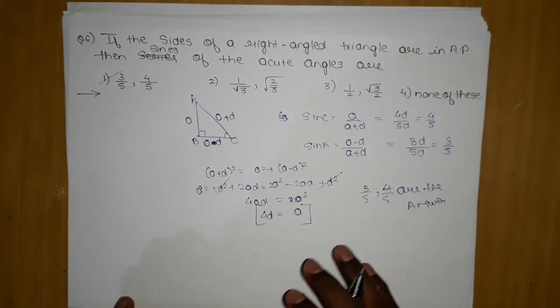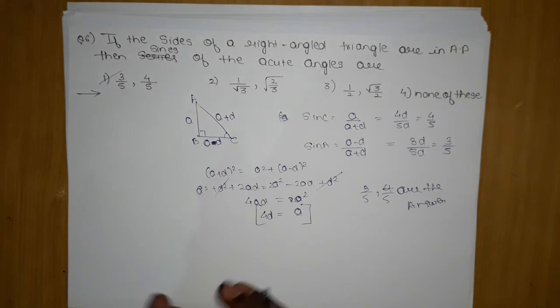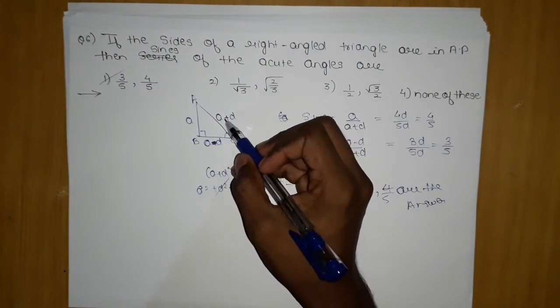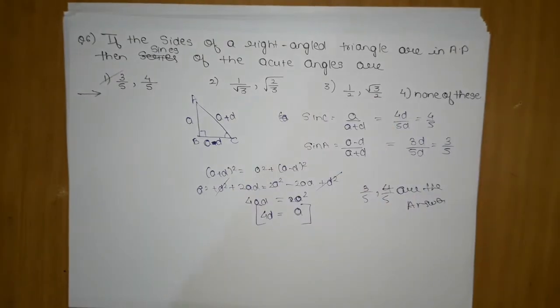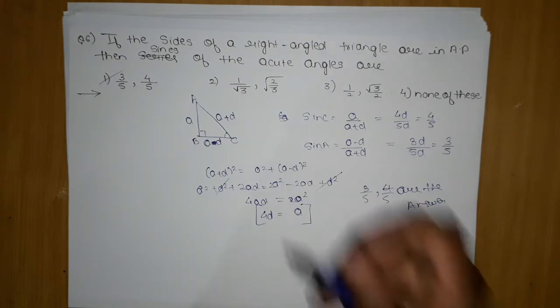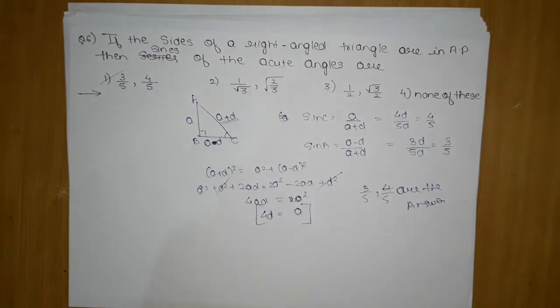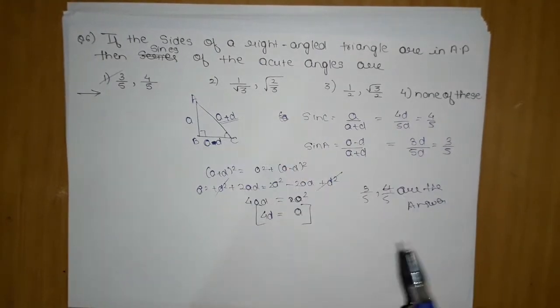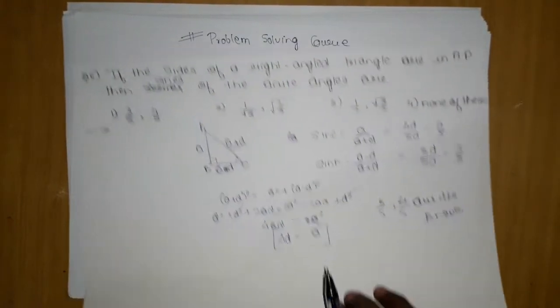Hope you have understood applying Pythagoras. Now one more thing, never take it negative. If you remember, the Pythagoras theorem holds when the hypotenuse is bigger, so never consider the hypotenuse as A minus D. That is a mistake which many children make. Please avoid it. If you consider it, then your answer will come out wrong. The probability increases. So now let's move on to the next problem.